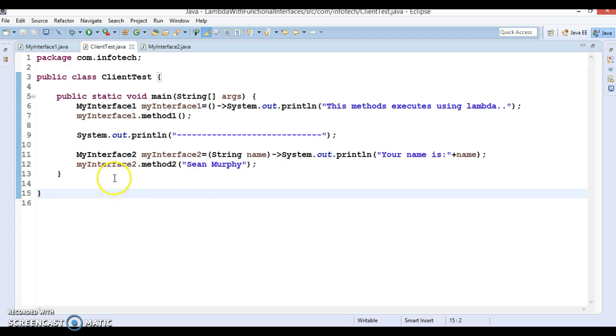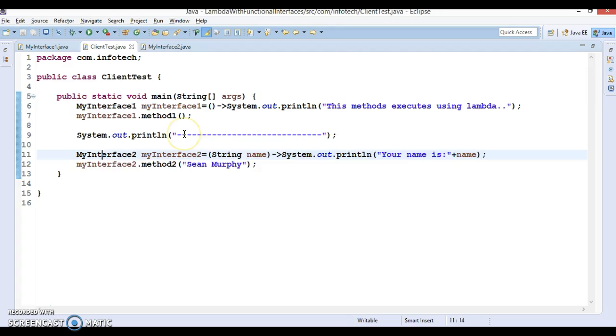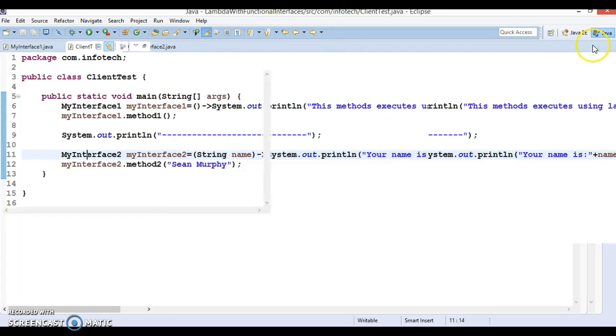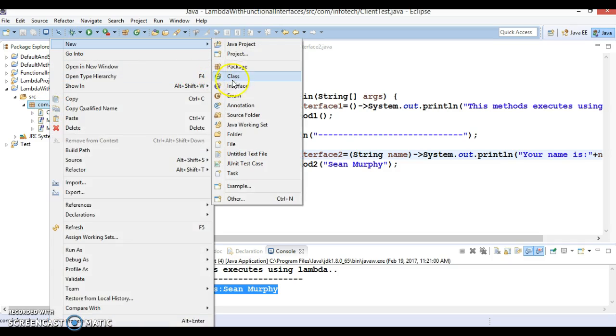So here you have learned how we can define a lambda expression for a functional interface which has a method that accepts a single parameter. Now let's create another functional interface having more than one parameter.